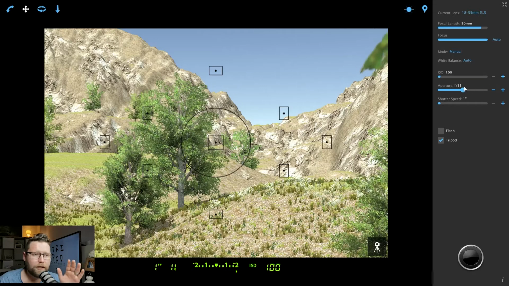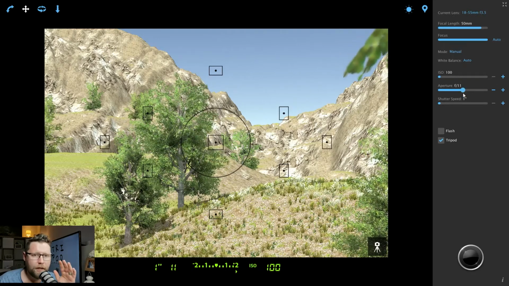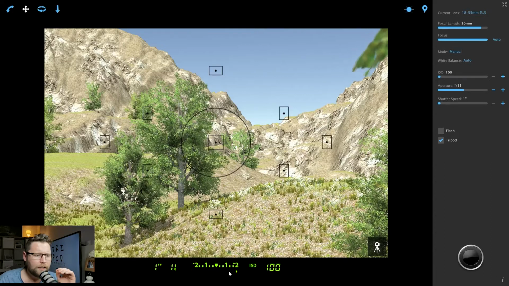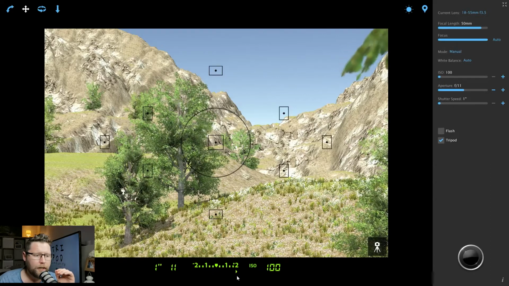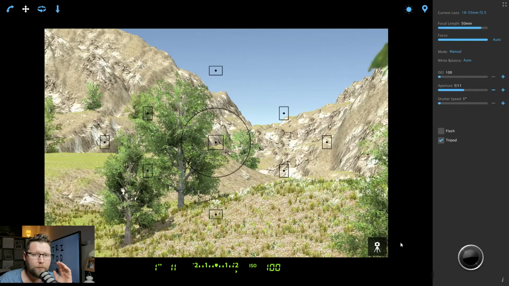They're done, they're locked in from my statement. The last variable then is my shutter speed. As you can see from the exposure meter, there's a little green arrow pointing to the right of the +2, and that means that I'm really overexposed. So I need to bring my shutter speed in,